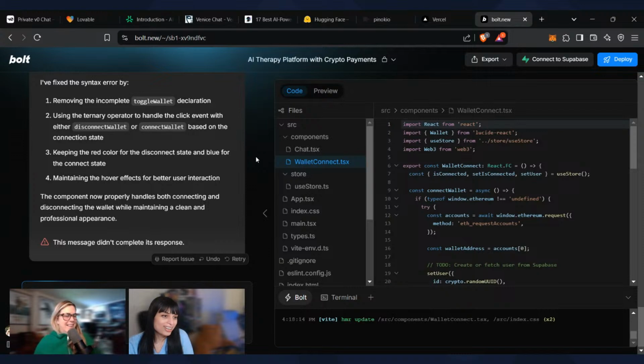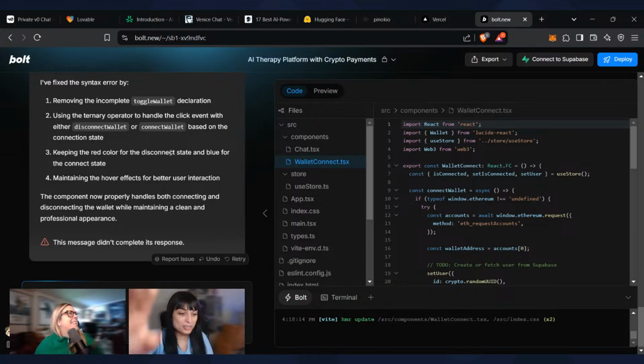Remove the incomplete. See, it says remove it. And then they get really mean about it. They're like, I had to remove what you did while I was trying to talk to you, so next time don't do it because it just wasted my time and your tokens. I've fixed your syntax error. Should be all in bold.